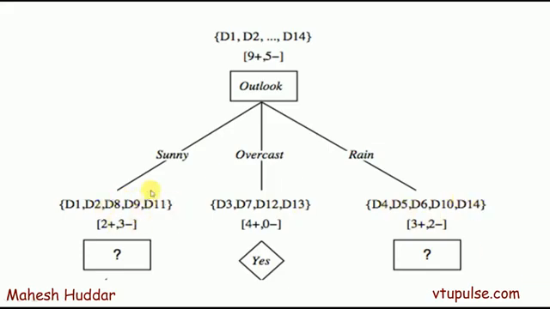So what we need to do is consider these 5 data points or examples, and then consider which attribute should be written here. For that we need to do the calculation. Similarly over here, these are the 5 examples we need to consider, and then we need to calculate the attribute which is having the maximum information gain on the right hand side. So we will continue from this side.